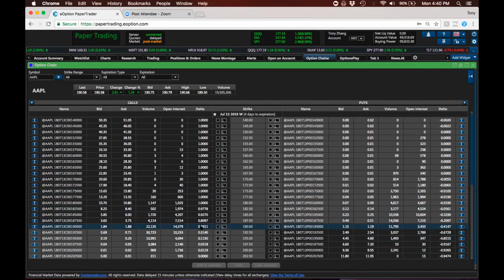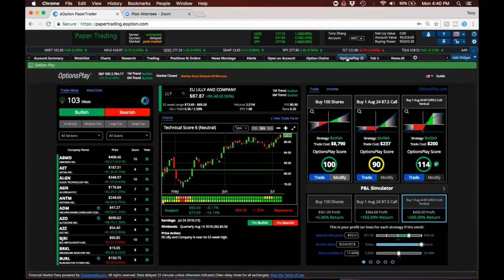I can't do those types of analysis just by looking at an option chain. We needed that type of analysis in order to decide which strategy to trade. And that's really why we created OptionsPlay, to allow you to simulate different strategies side by side and do the Greek calculations for you, so that you can see exactly what your expected profit and loss is and quickly decide, is this a trade that I want to make or not? So the platform itself is divided into 3 sections. We have trade ideas and watch list here on the left-hand side, our security analysis panel here in the middle, and trading and income here on the right.